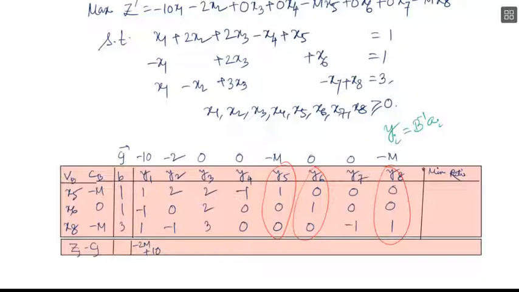In the second column we are getting minus twice m plus m, that is -m plus 2. Then we are getting -2m minus 3m, that is -5m. Then it is m, it is 0, 0, it is m, and it is 0. We have to notice that the value of zj minus cj corresponding to the basic variable columns are always 0.